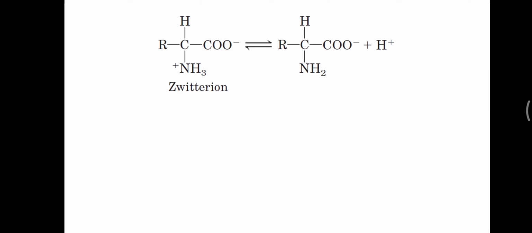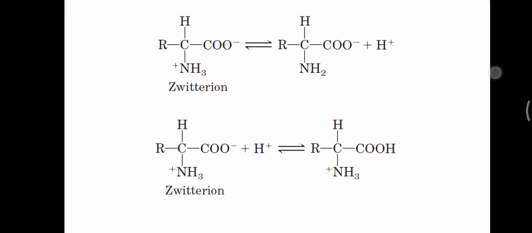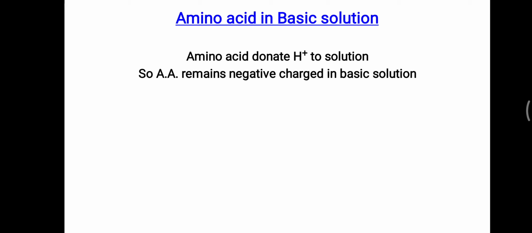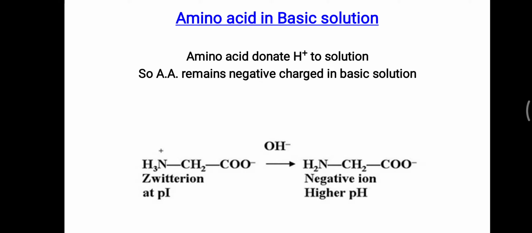So simply, this amino acid works as a zwitterion, and when kept in an alkaline solution, this amino acid will donate H plus from these two groups, carboxylic and amino group, and will be converted to a net negatively charged molecule. Opposite to that, when kept in an acidic solution, it will accept one H plus from this acidic solution and convert into a net positively charged molecule, and that is called the cationic form. So this amino acid in basic solution will donate H plus and convert into the negatively charged, called the anionic form. This zwitterion is a characteristic of the amino acid.